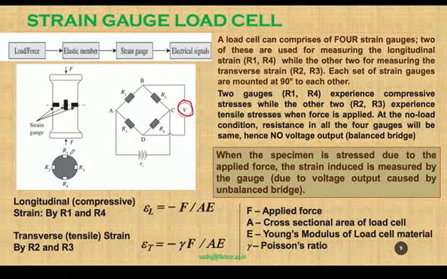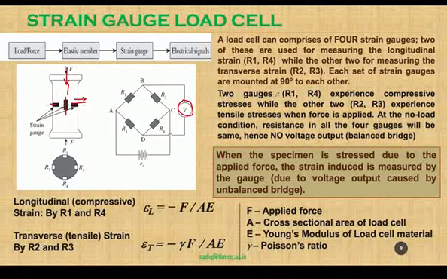In this case, we can see that there are four resistance elements, that is four Wheatstone bridge resistances, or strain gauges, attached like this. So two resistances, that is strain gauges, are attached in the longitudinal direction like this. So here one, and behind there is another one, that is R1 and R4 in this direction. Two more resistances, R3 and R2, are in the transverse direction, this direction. So obviously when the force is applied in this direction, R1 and R4 will be sensing strain in this direction, and R3 and R2 will be sensing strain in this direction, and the strain happening in this direction is because of the Poisson's effect of the elastic member.